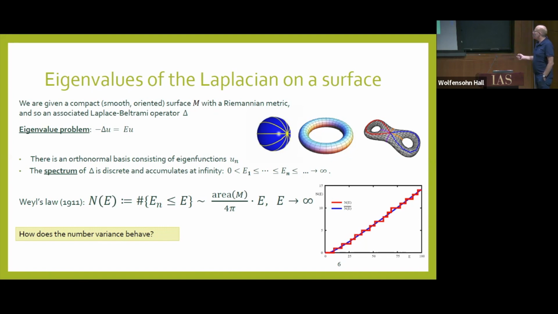So this is in natural units, and you can see the spectral staircase where you jump by 1 whenever you hit an eigenvalue. If there's a multiple eigenvalue, you jump by 2, and you see clearly that it grows linearly. And this blue line is that term. So we can play this game of number variance on such a sequence. You take a random window, which you think will have L eigenvalues, and the size of the window is going to scale to be a multiple of L using Weyl's law,